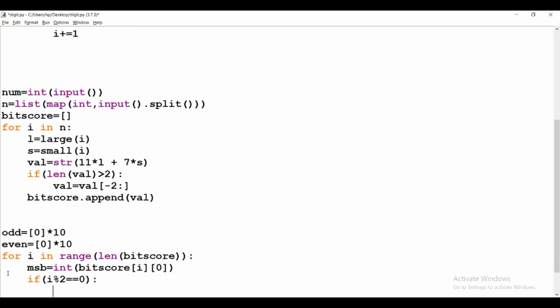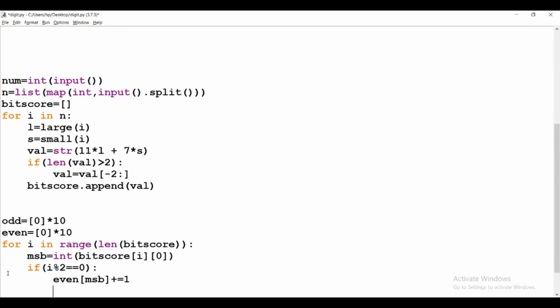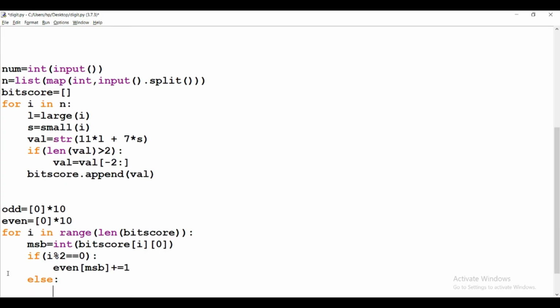So even[MSB] plus equal to 1. Otherwise, else, we add it in the odd list: odd[MSB] plus equal to 1.